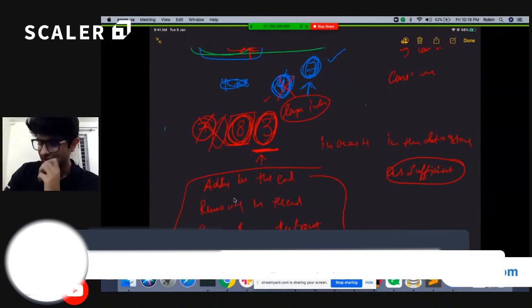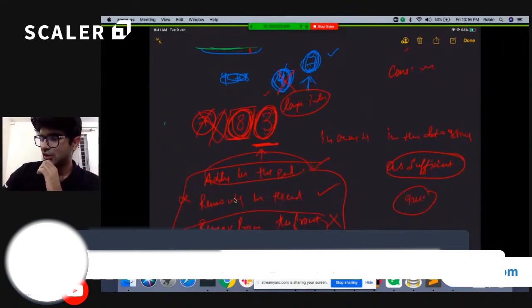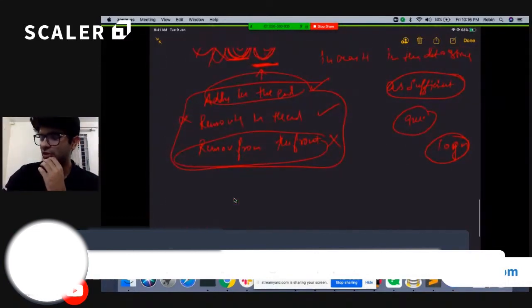So what data structure comes to my mind? Can I use a stack? If I use a stack, these two operations will perform well, but not this one. So what sort of data structure can I use now? Can I use a queue? If I use a queue, I can do this operation and this operation, but I need to sacrifice over here. Then what other data structure can I use? If I'm using some complex data structure, the complexity will be log of n. And we already know that we could just build a segment tree instead, which will already solve our problem in order of log n. So we need some sort of data structure.